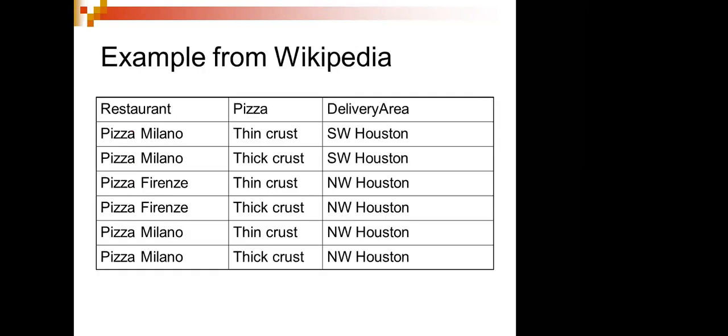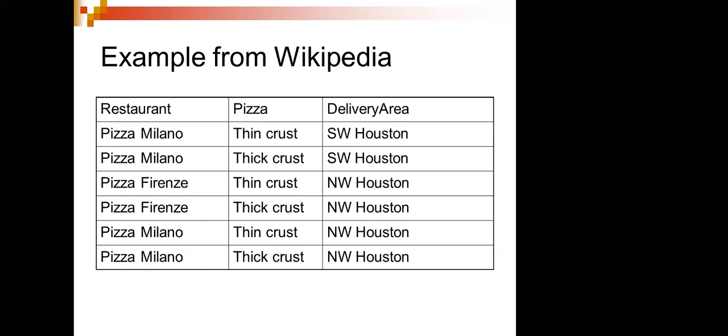So here you can see the example. I have a restaurant, pizza, and delivery area. I will be delivering my products at SW Houston, and the product which I am supplying is thin crust, thin crust, thin crust. That means near about 6 to 7 rows, repeated, so we are not bothered about that. What you are bothered about here is the restaurant. It has some product delivered. So Pizza Milan has been added by the same persons and it has been delivered at SW Houston. So this is what I got.